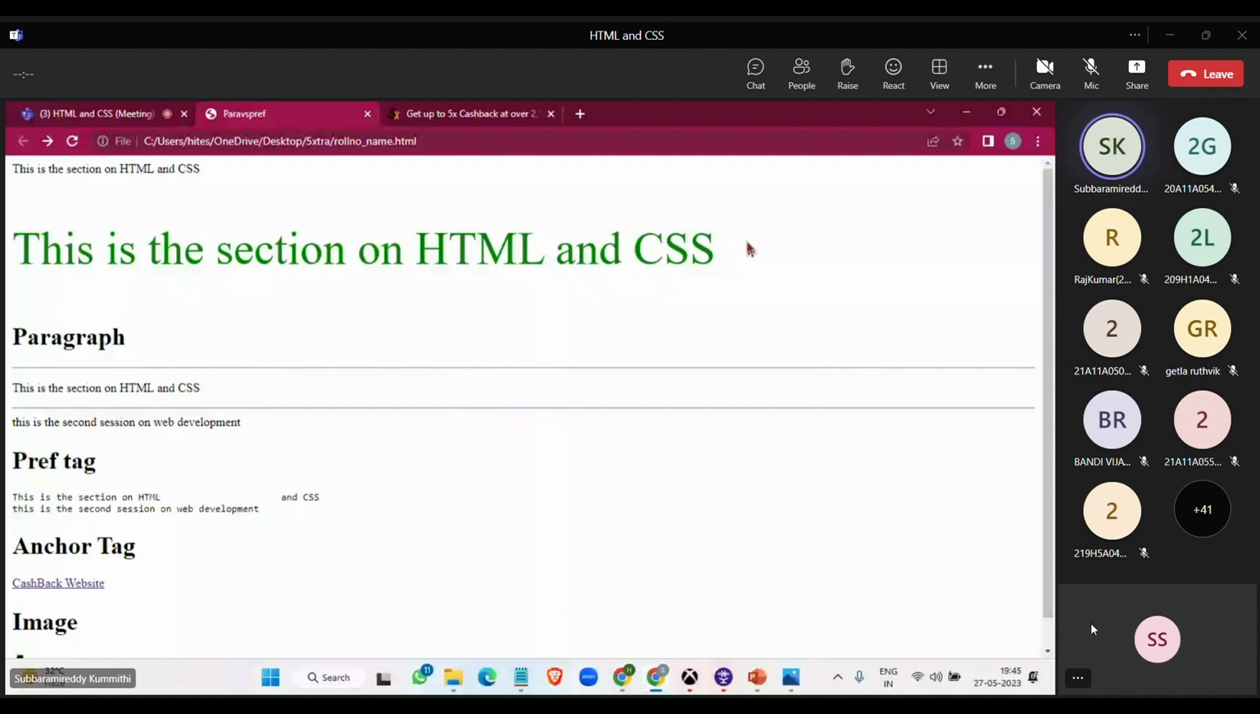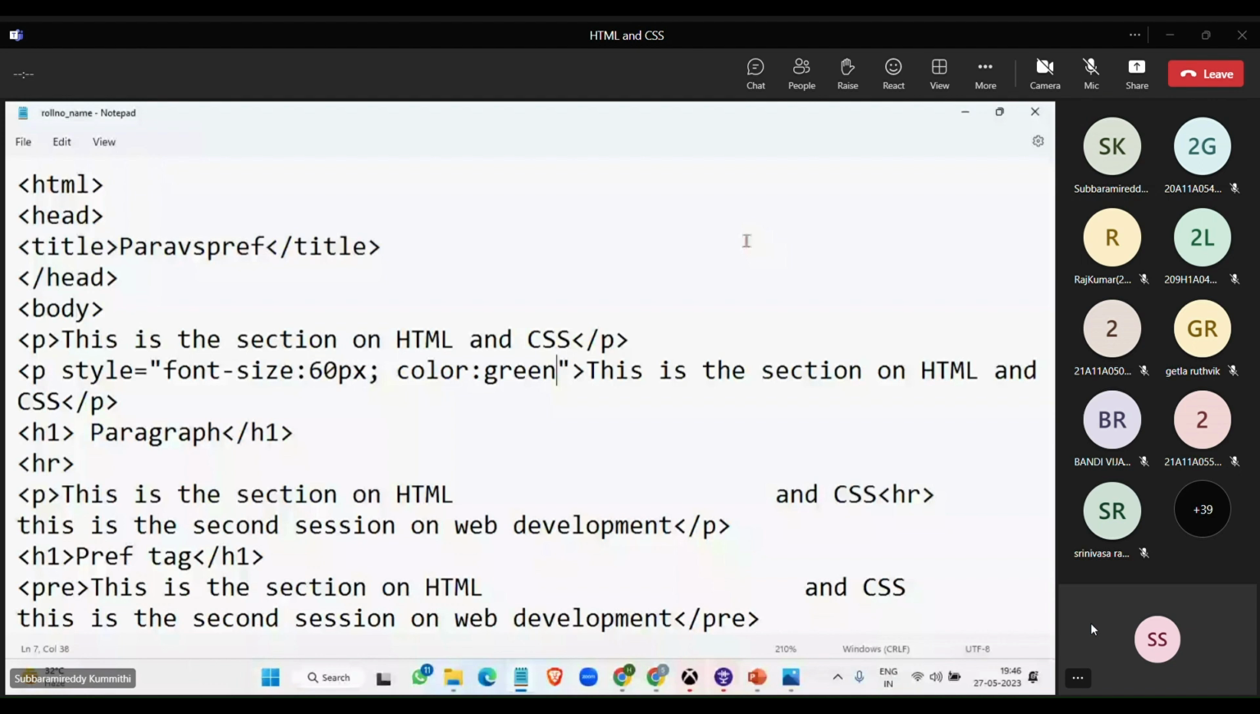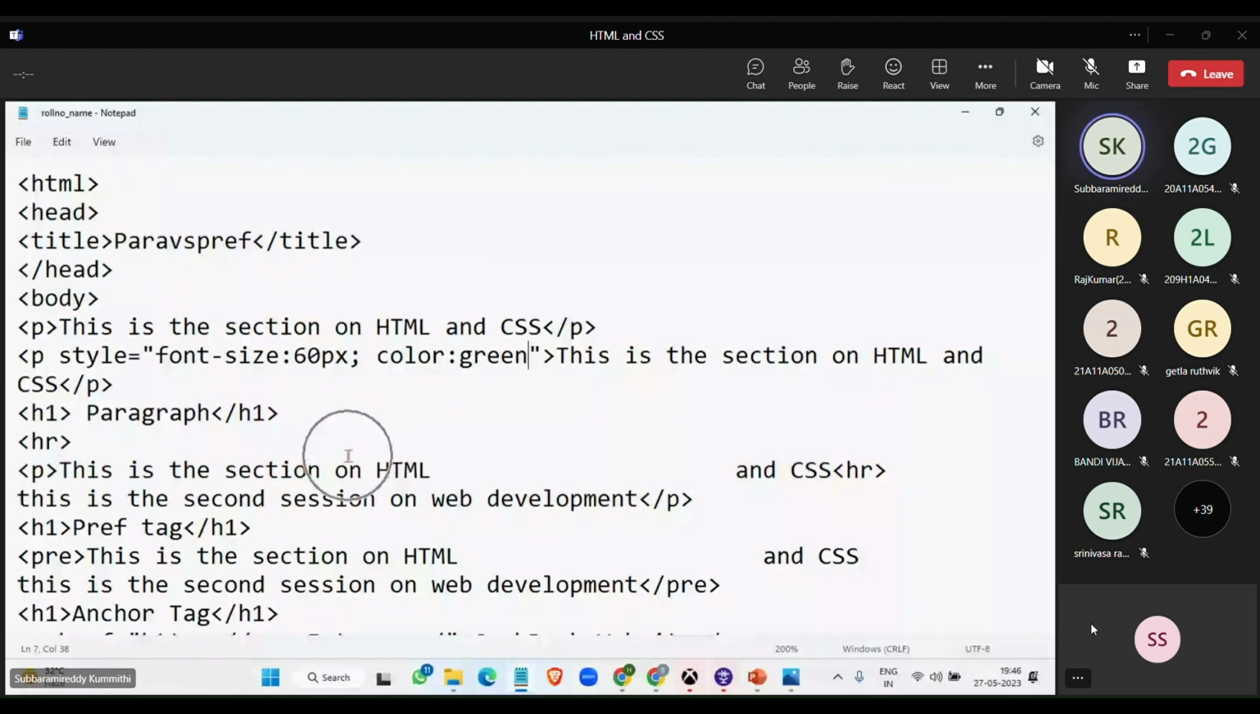Okay, is that clear about inline styling, guys? Yes. In our CSS sessions, we'll completely focus on the difference between inline styling, internal styling, and also external styling. Right now, you can go ahead with this inline styling for developing, for practicing things. And the next thing we'll go ahead with is